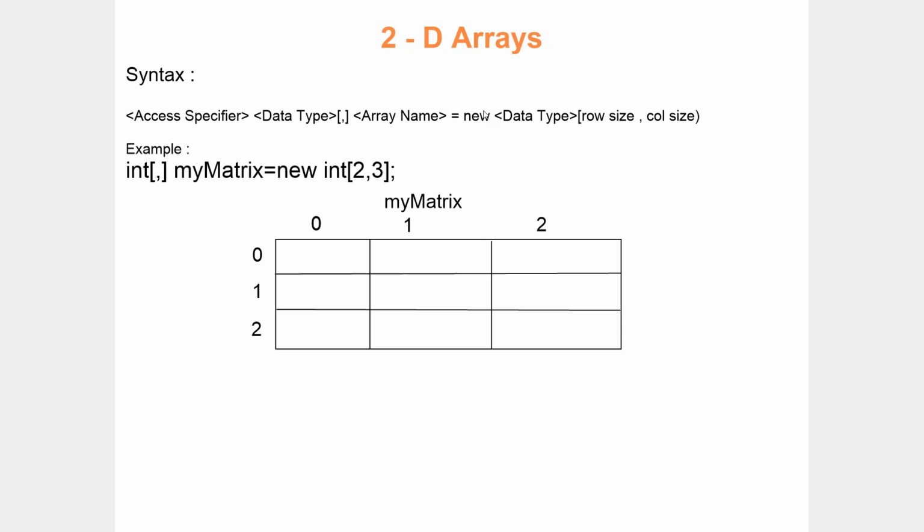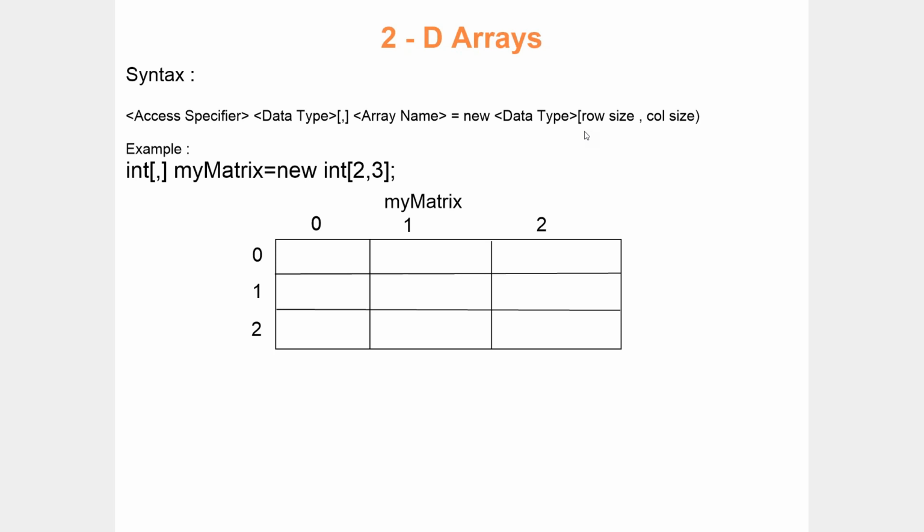That is the reason every time you declare any type of array, whether 1D, 2D or ND, you always have to use the new keyword to allocate memory in the slot. So new, data type of, and here you need to define